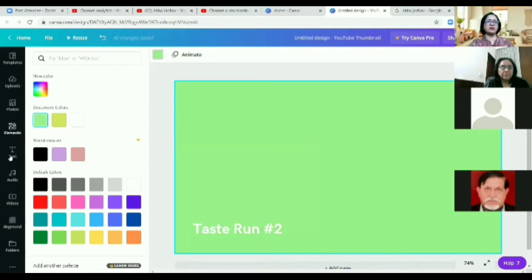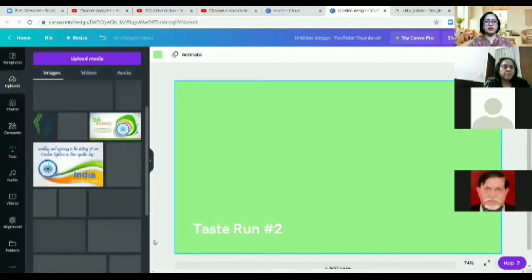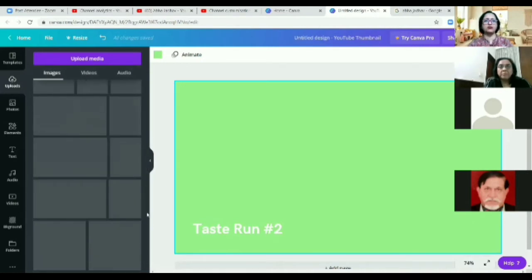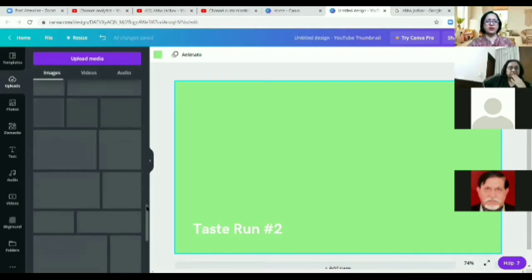Now I have to add my image. So I have to go in uploads. Now that cutout of image, you can use the PicLab application on phone, which gives you a cutout image. So right now I'm not putting any cutout image. I'll share that app link in our group.